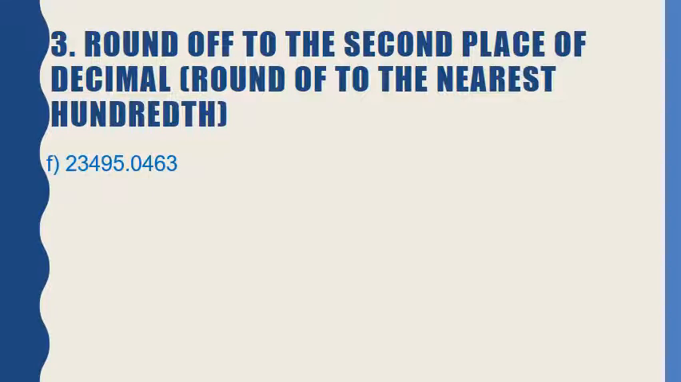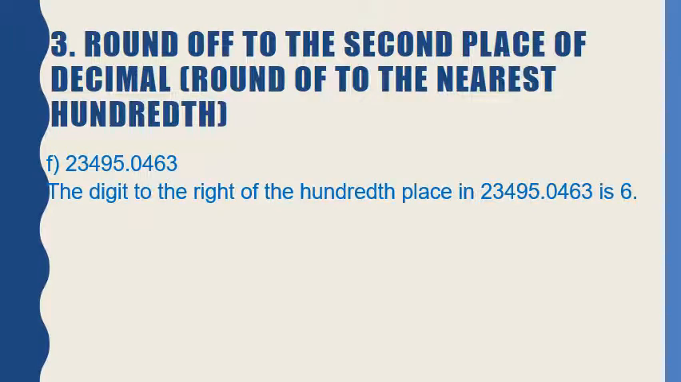We will do the F part of this question. Well, here the decimal fraction is 23,495.0463. Now children, the digit at the hundredth place in this decimal fraction is 4. And what is the digit to the right of the hundredth place? Well, the digit to the right of the hundredth place in 23,495.0463 is 6. As 6 is greater than 5, so we will add 1 to 4, which is the digit